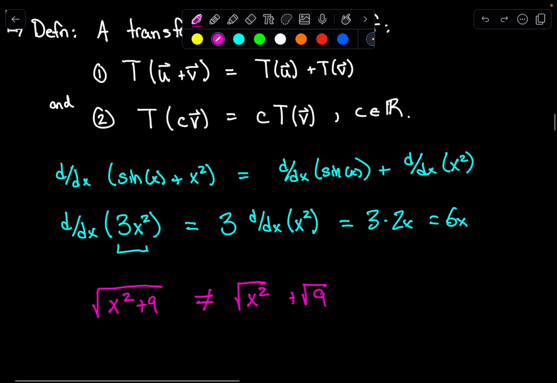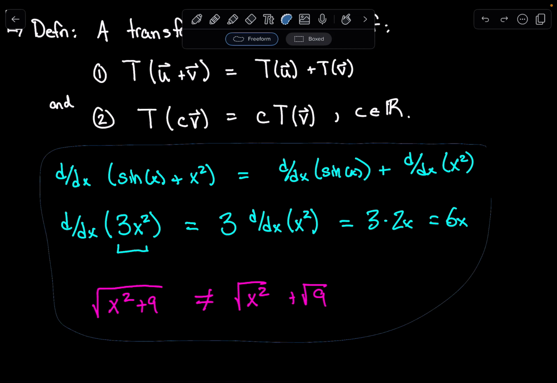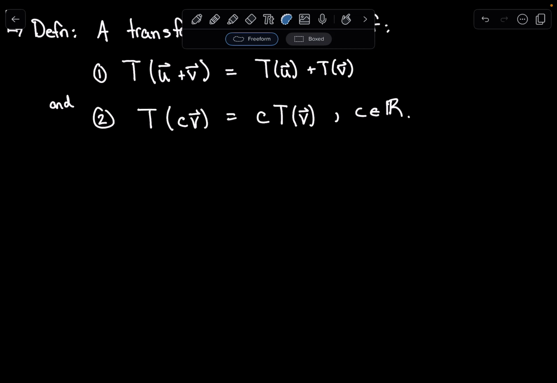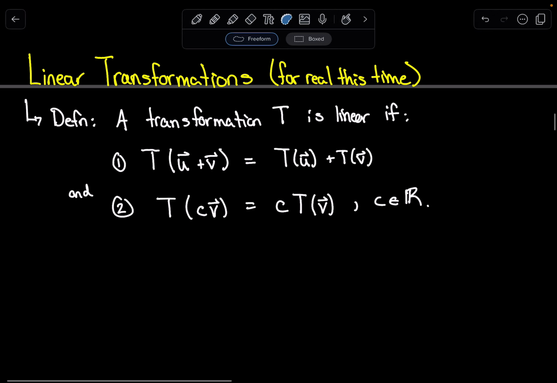So what I just showed you here was just to help you wrap your brain around some linear or nonlinear operators you've worked with. And again, a transformation is not an operator, but since we're talking about transformations and they have these same properties that we would be looking for in linearity, I thought it was a good idea to bring up operators. So a transformation T is linear if it satisfies both of these properties. So for example,